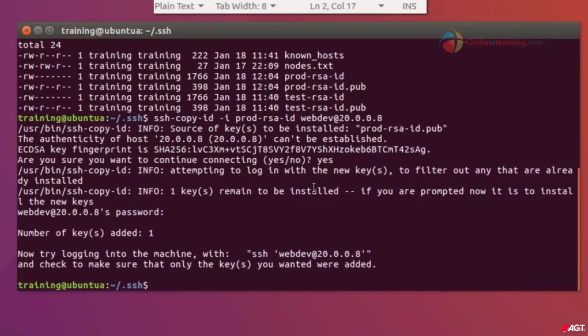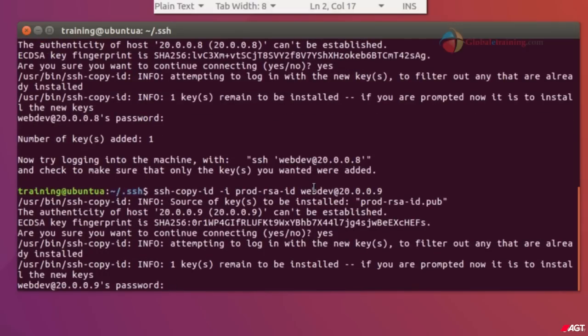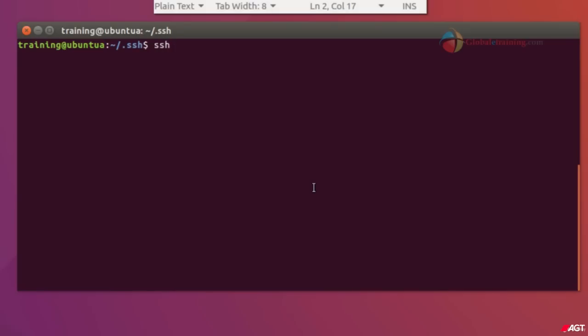Okay, the key has been copied to the .8 machine. Now let us copy it to .9. Okay, we have successfully copied the public key, the second set that we created, to both the machines .8 and .9. Now let us try to connect. SSH webdev at